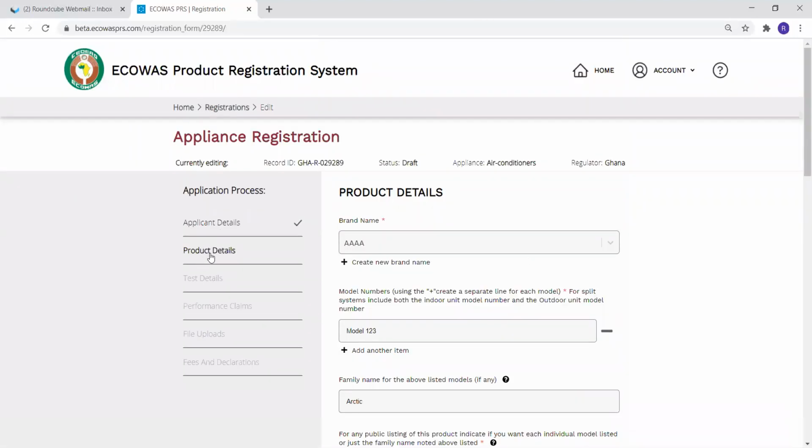The second page is product details. It says it at the top here. It shows me highlighted where I am in the process. I'm in the second section. I've still got all the information across the top here. Okay, product details, brand name. I've pre-loaded a brand name AAA, but in fact, if I want, I can select a brand name